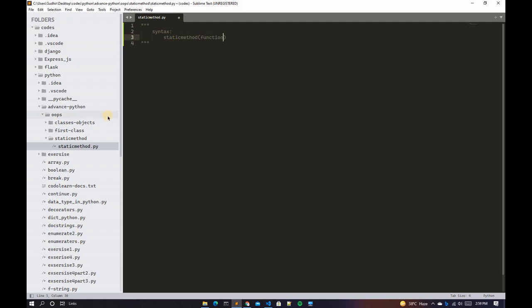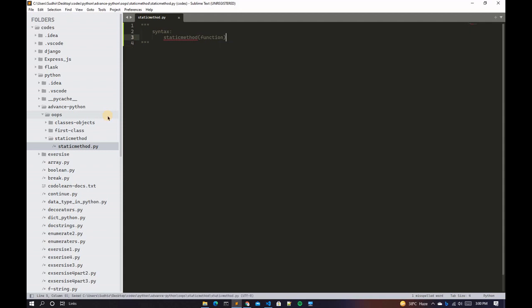Using staticmethod is considered an unpythonic way of creating a static function. Hence, in newer versions of Python you can use the staticmethod decorator. Now let me delete this. Just wait a second, guys.